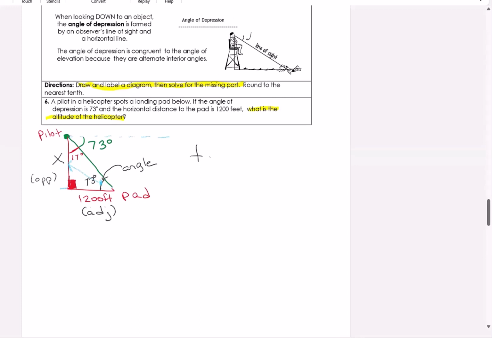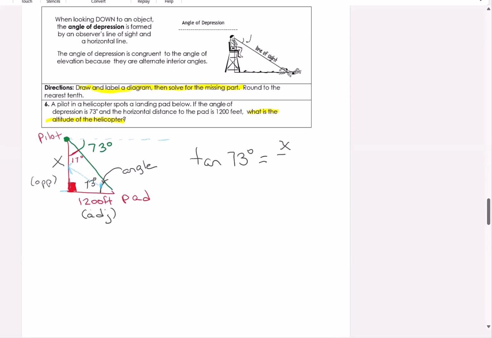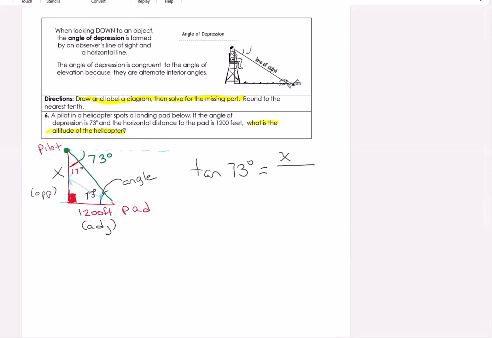I have the tangent of 73 degrees is equal to the opposite x divided by the adjacent 1200. I multiply both sides by 1200. That will cancel that. I have 1200 times the tangent of 73 degrees. All I need to do now is get my calculator. This becomes x, and with my calculator, I get